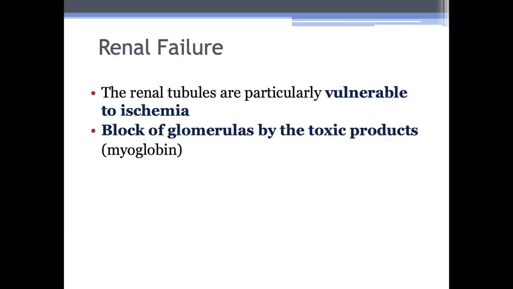The next system, which is usually the first system involved, is the kidney. We usually see acute renal failure development and oliguria, one of the prominent symptoms of shock development, because of the higher susceptibility of tubules to ischemia. And sometimes an additional factor which leads to renal failure could be accumulation and negative influence of toxic products like myoglobin in reperfusion syndrome or in tourniquet shock, which also gives us an additional negative influence on the renal function. And renal failure, unfortunately, negatively influences the prognosis of the patient too, as does acute